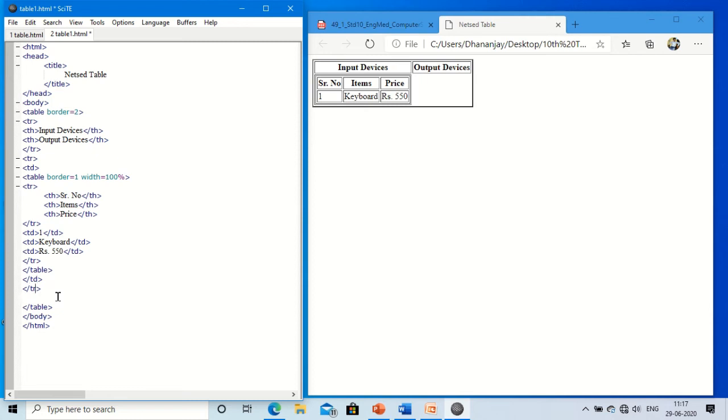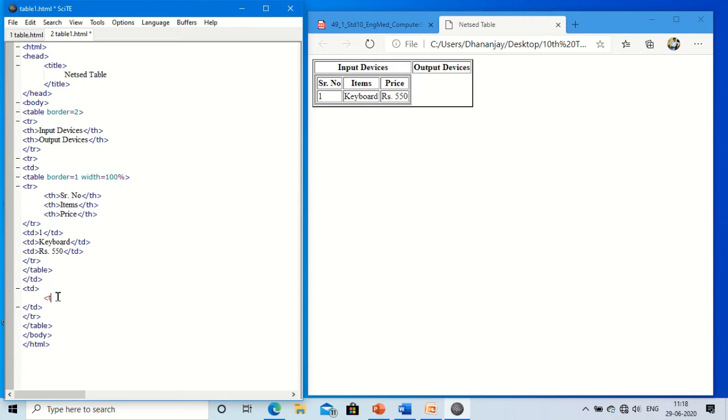Inside this TD, sorry, this is the outer one. So here I will create one more TD and I will close TD. This is the second cell of the second row of the bigger table. Inside that I want to create a table.